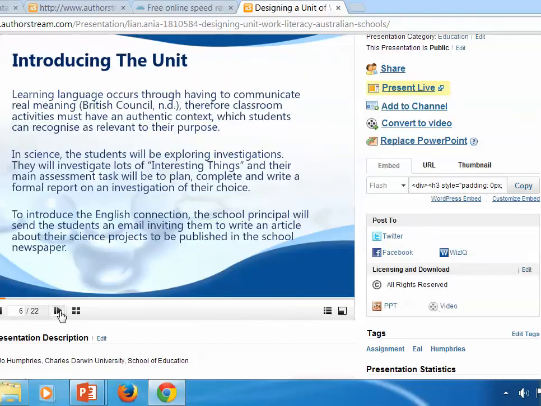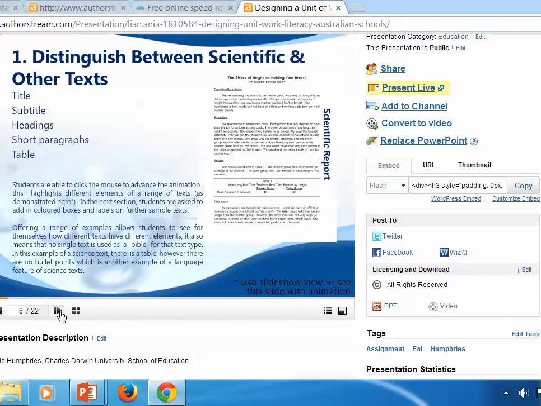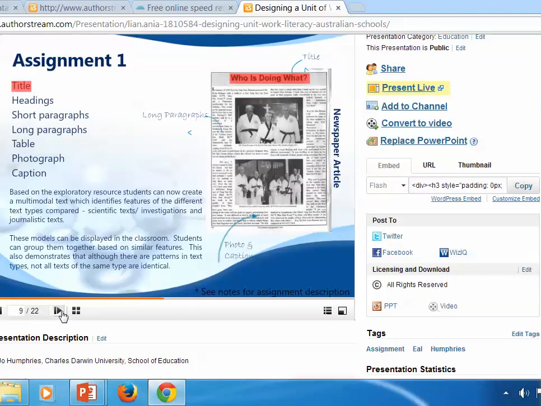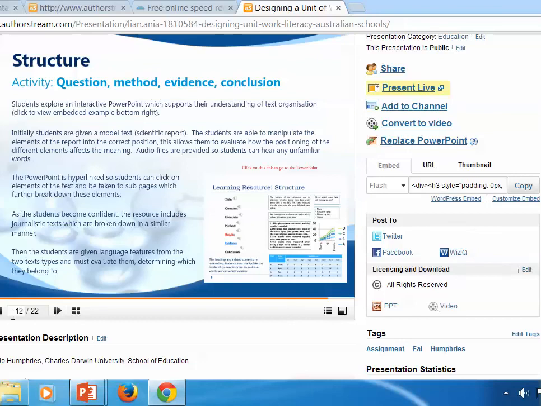So she's got this. Let's have a look at how it works. See it? Isn't it cute? To compare. Look how simple it is. It didn't take a genius to do it. To show differences. So that's what I was trying to show you. How, with simple visual play with the PowerPoint, you can actually show children how to, students.